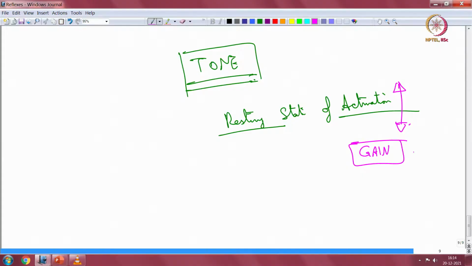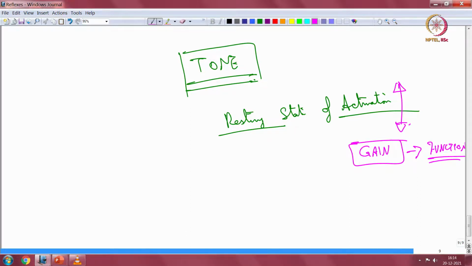So, you always start at a baseline, including if you look at the resting membrane potential, which is there in all excitable cells, but this is one level above that. You would always find that the state function is at a higher threshold than what is necessary. It expends energy, but for whatever reason, maybe for control smoothness, or maybe there is a control theory which explains the whole stuff, which I am not aware of, but the state of activation is what is changed. So, what actually gets changed is the gain of the system. So, the gain of the system results in function, and that I think is a very profound statement when it comes to analyzing